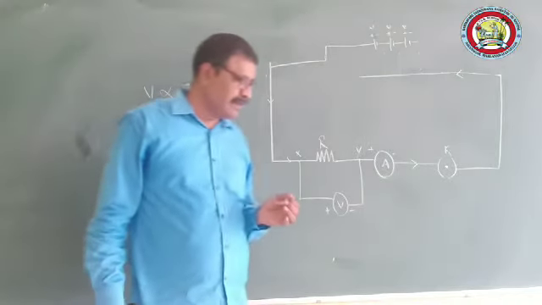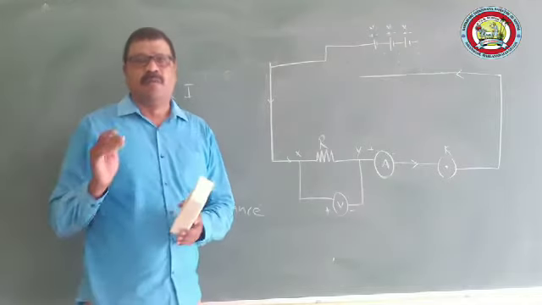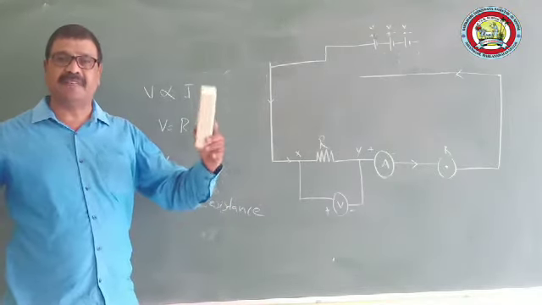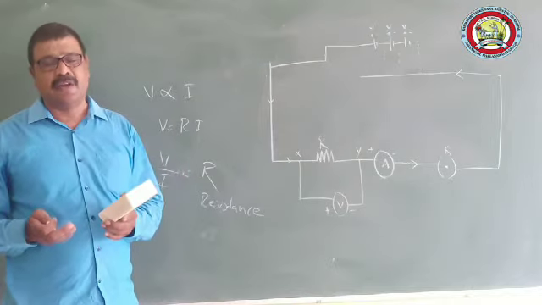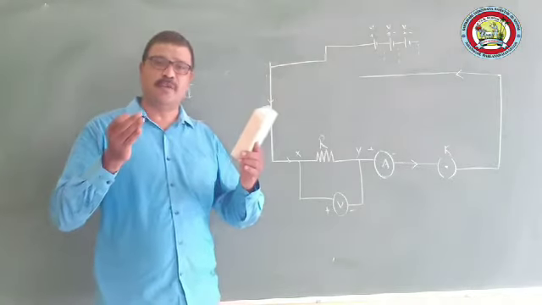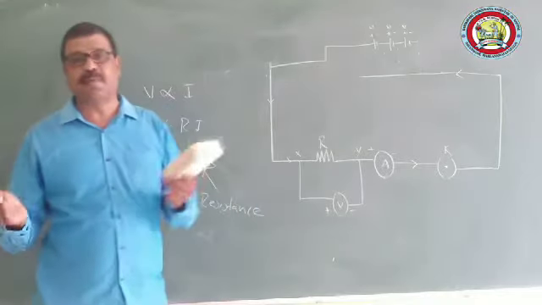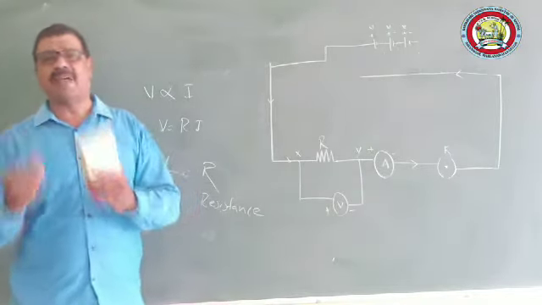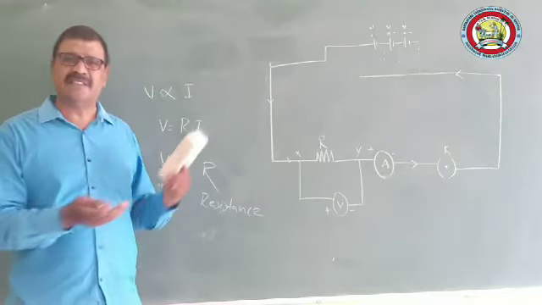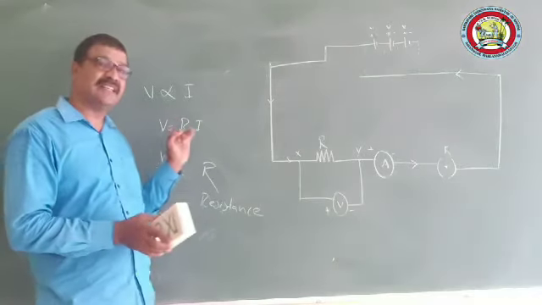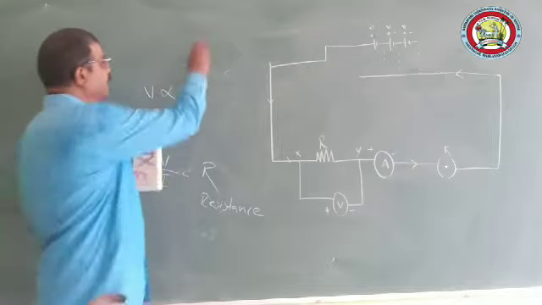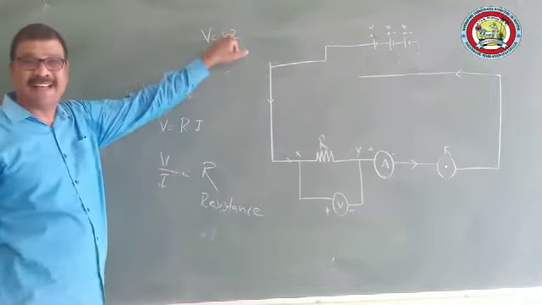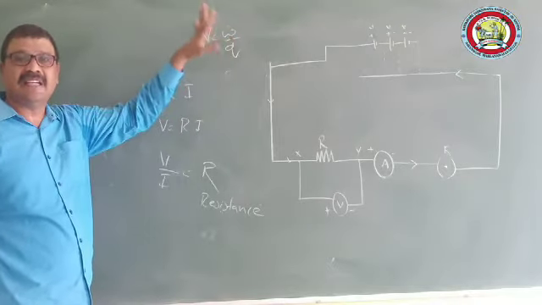We discussed yesterday that for the charges to flow in a conductor, we need a potential difference between the ends of the conductor. When you maintain the conductor at different potentials, the charges will flow. Potential difference is nothing but energy. Why is potential difference energy? How did we define potential difference? Let me go back to that equation: V is equal to W by Q. What is W here? Work done. Work done is nothing but the energy applied.